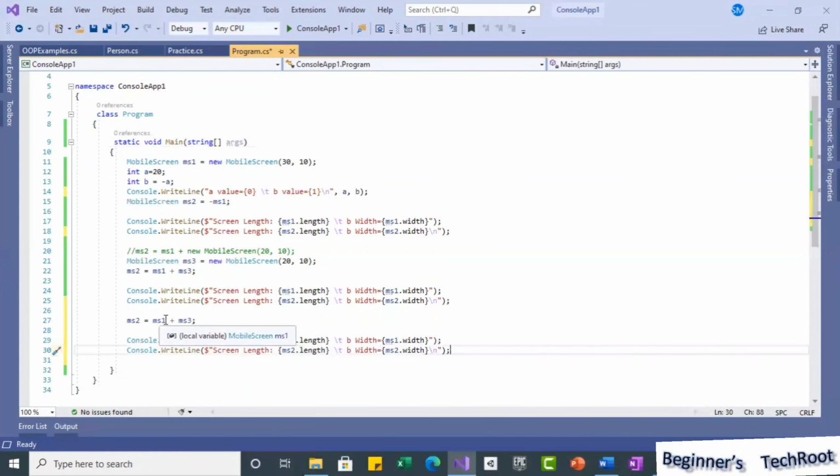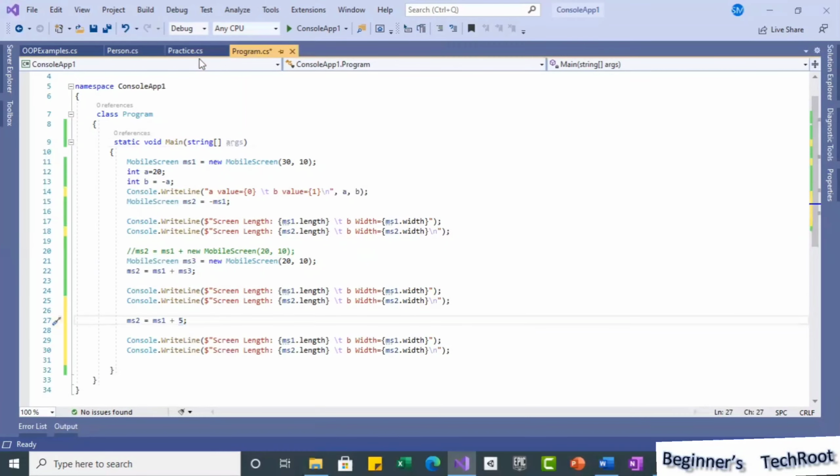See, now here what I am going to do: ms2 equal to ms1 plus, for example, I will add 5. Means here I give an integer plus 5.